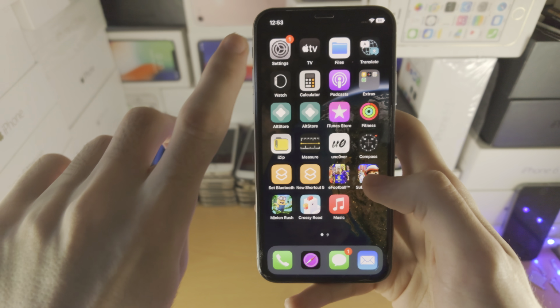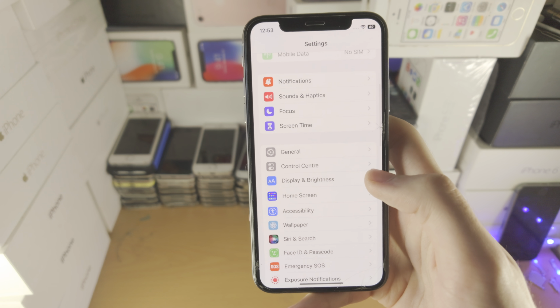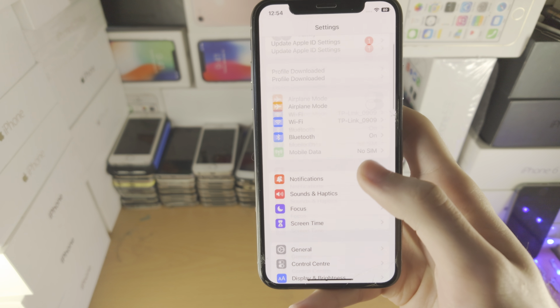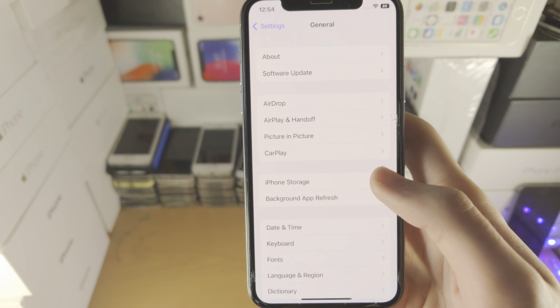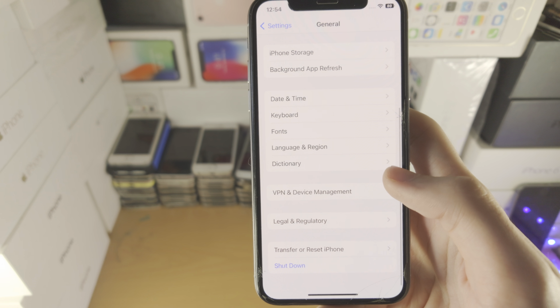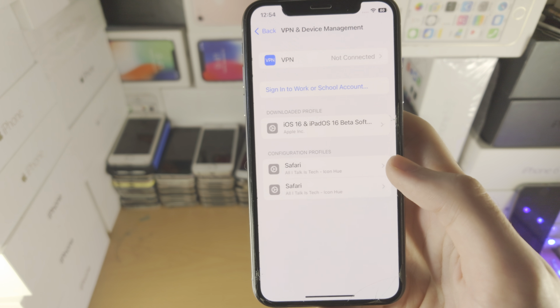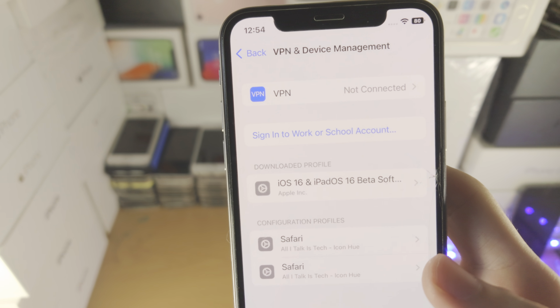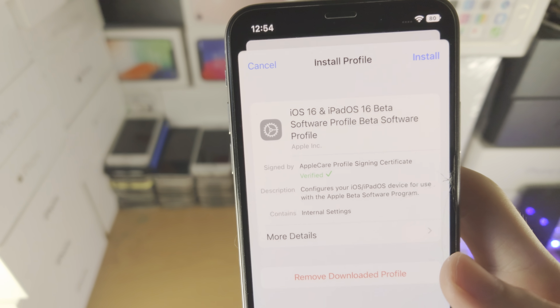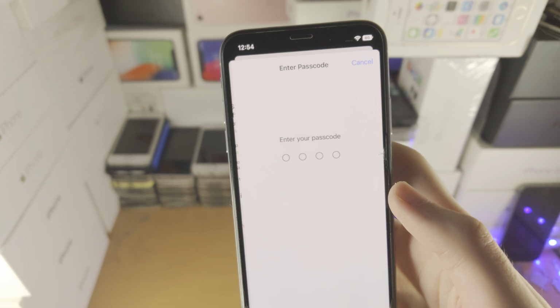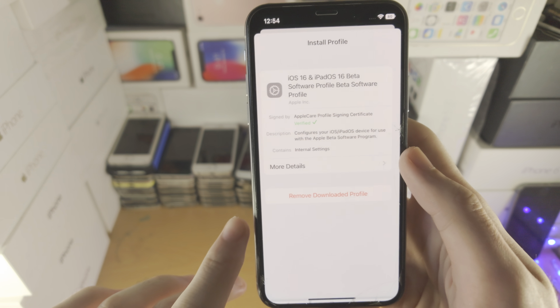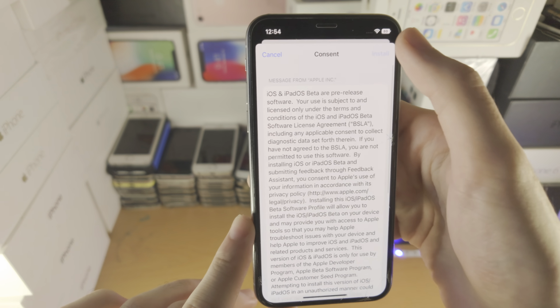From here, you're going to open up the settings app. You're going to find where it says general. You're then going to find where it says at the bottom VPN and device management. You're going to see downloaded profile. Tap on this one, then tap on install, enter in your passcode, tap on install,